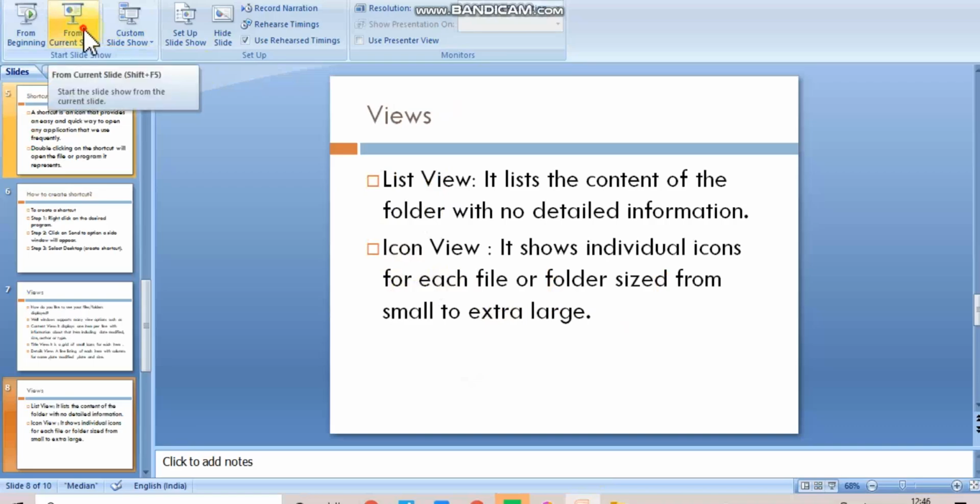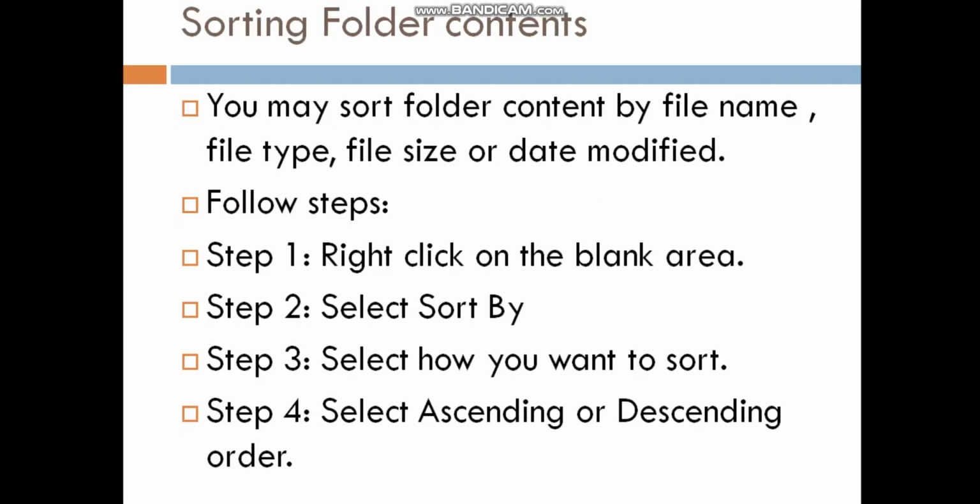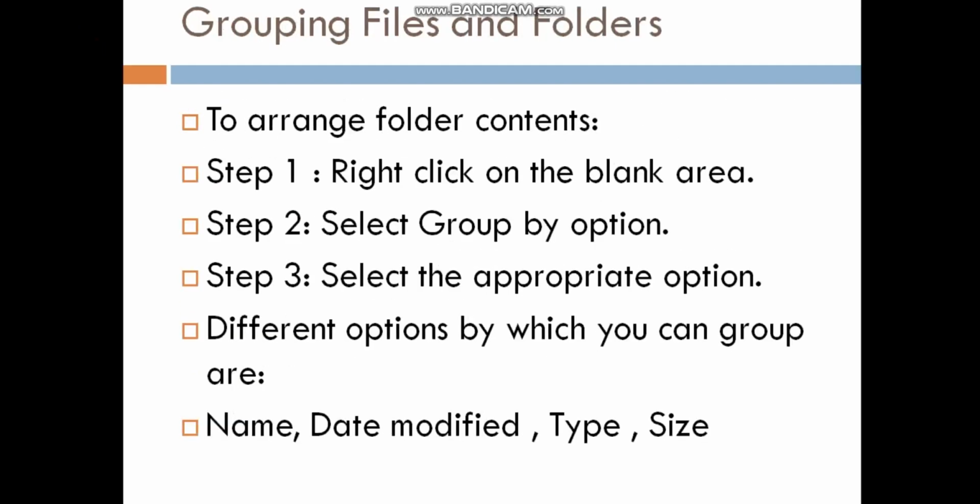So our next topic is, we did views, grouping files and folders, and the next is sorting file and folders. So there are two things, you can group file and folders. To group file and folders, grouping actually means arranging. See, let me give an example. Suppose you are having a cupboard, okay, of clothes, so you need to arrange it, no? It should be sorted out, right? So similarly, you have all things, files and folders in your desktop, so that is to be sorted out. So to do so, we have an option of grouping and we have an option of sort by.